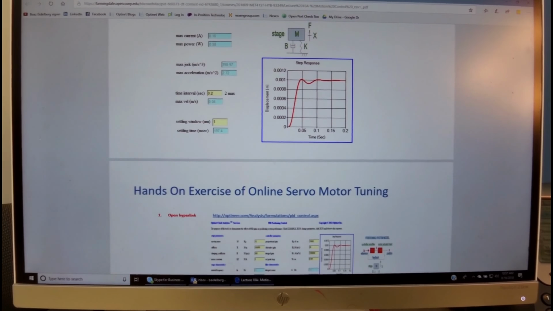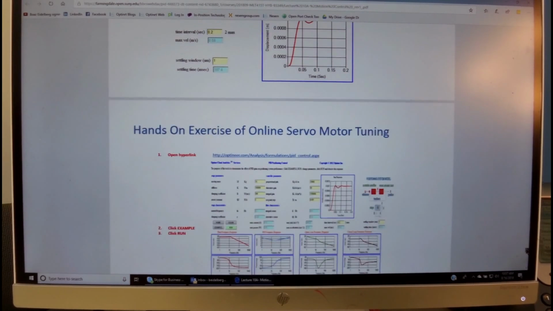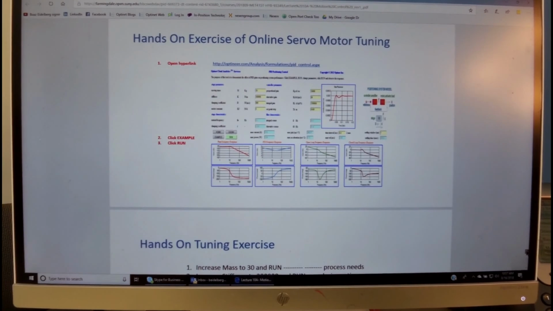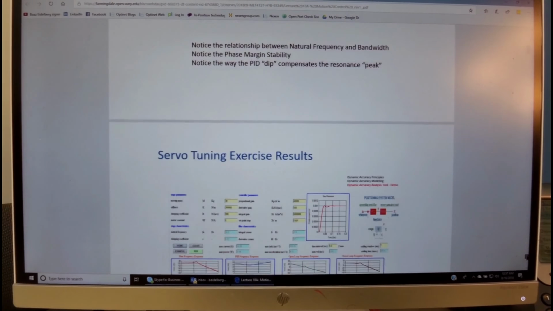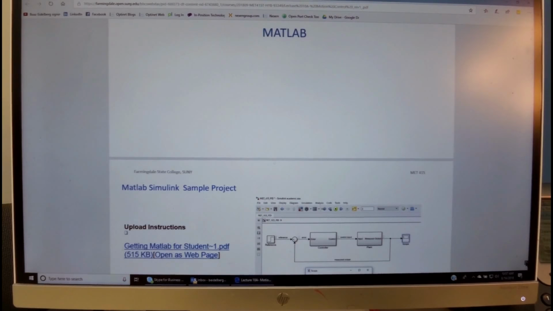We see over here the details of the presentation that we showed before for the tool which I developed, and here's a simple exercise that students may follow through and see how to go through tuning the system.